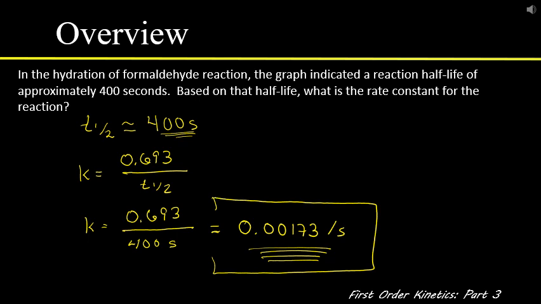So this is one of the things that's important here. We have at least two different ways to get the rate constant for a first order reaction. One is if you plot the natural log of a reactant as a function of time, you get a straight line, and the slope is equal to negative k. That's one way to get the rate constant, and that's a good way. That should give you a very precise measurement. But another way to do it